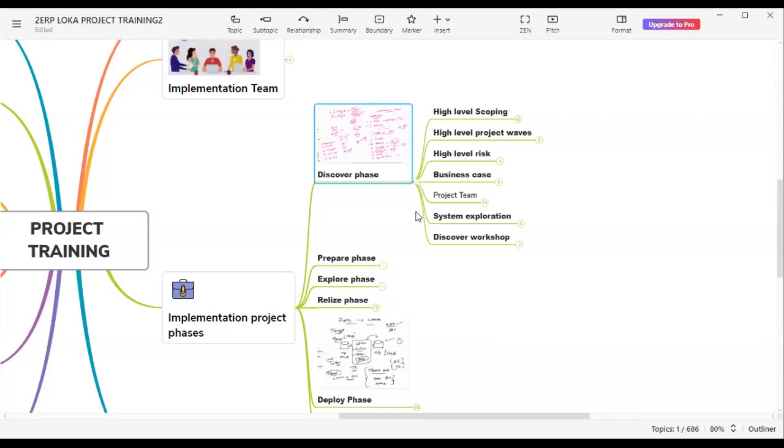So all those things. Here in the discover phase, the business is not selecting any implementation partner. They are just explaining the business process and asking them to bid. At the end of the discover phase, all documents will be prepared by the implementation partner and a quotation will be sent to the business. Once they receive the quotation, they understand the pricing, how much is standard and how much is customization, because for customization the cost is going to be more.